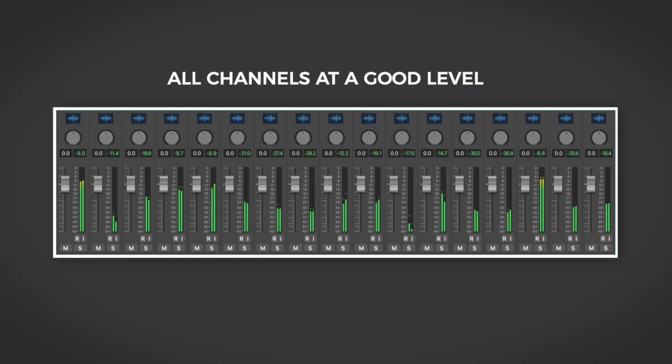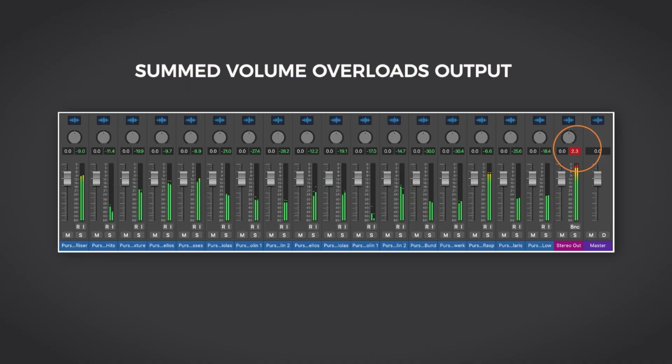Next, we need to understand that volume levels are added together from one channel of a mix to the next. We've already discovered that overloading a single channel with too much input level doesn't sound good, but we can run into a similar problem at the output stage, even if no individual channel is too loud. If we take two channels of volume, which peak at -2 dB at the same moment in a track, for example, and we add those volumes together, we'll overload the output channel, pushing its level into the red.